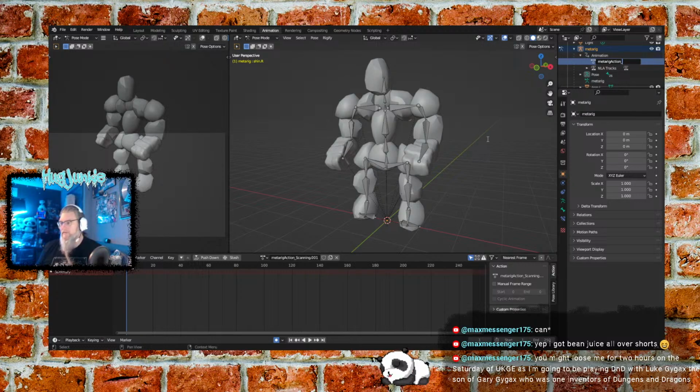This will be a symbol. So we've got scanning and a symbol. So we'll do this in reverse, I suppose. Because I want the